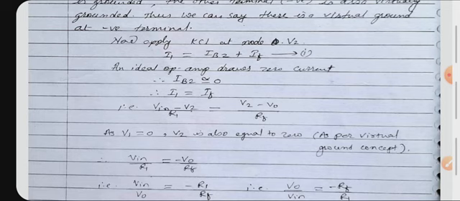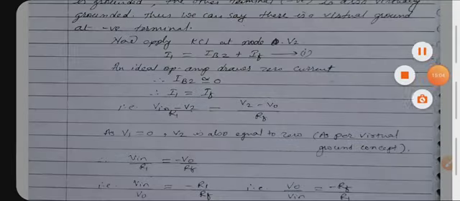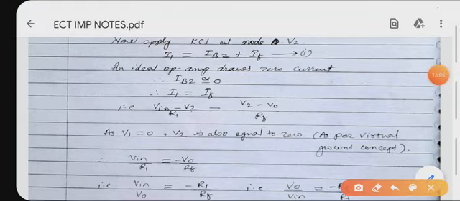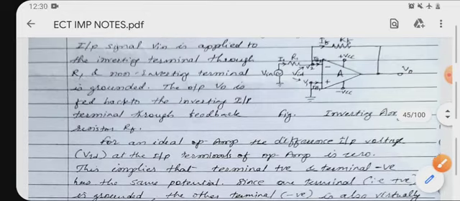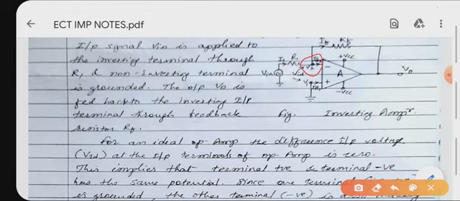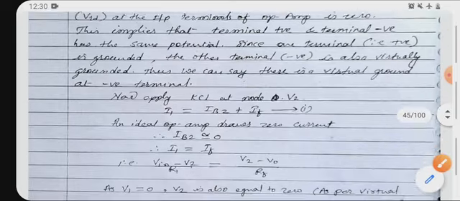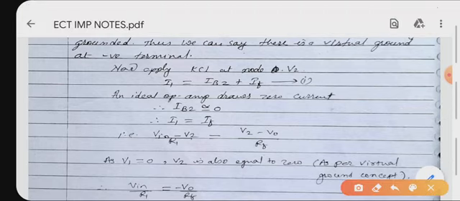Equation for the gain of inverting amplifier and non-inverting amplifier. So what is the first step? As usual, apply KCL at node V2. Now find out where is the node V2. You can see in the circuit diagram. Here it is node V2. There are 3 branches. So summation of incoming currents is equal to summation of outgoing currents. 3 branches are there: I1, IB2 and IF. So apply KCL at this node V2. You will get the equation I1 is equal to IB2 plus IF, equation number 1.